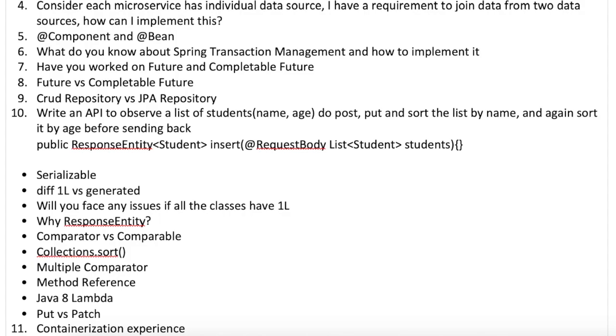You can talk about the propagation, like whether a transaction is needed for this particular method or not, if a transaction is mandatory, required, or if a new transaction has to be created. And you can also talk about the rollback feature. Let's say if a particular exception happens, you can roll back only for this particular exception, and not roll back for another kind of exception. So these are things that you can talk about.